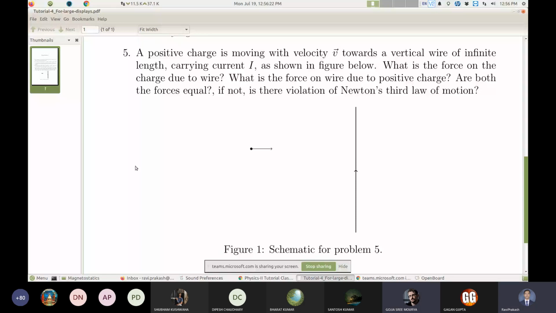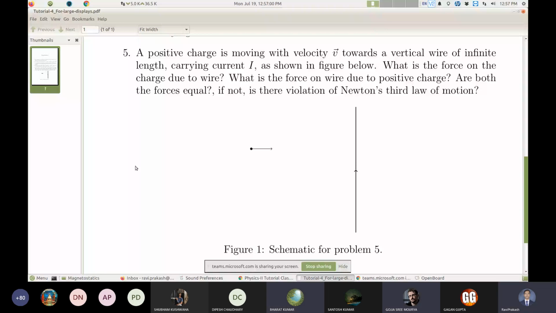So this is not an easy part, and I'm not asking you to calculate that force. What I am going to emphasize here is, are the forces really equal? And if they are not equal, is it really true that Newton's third law is not true here? सर क्या ये फोर्स इक्वल नहीं होंगे? You tell me. At least think about it.